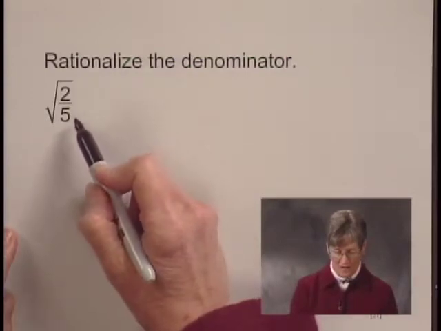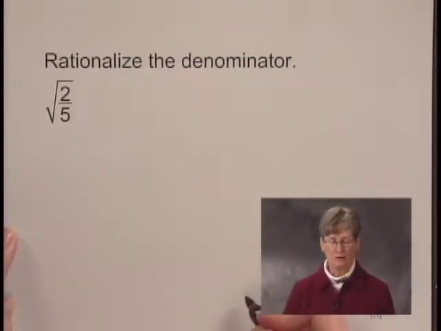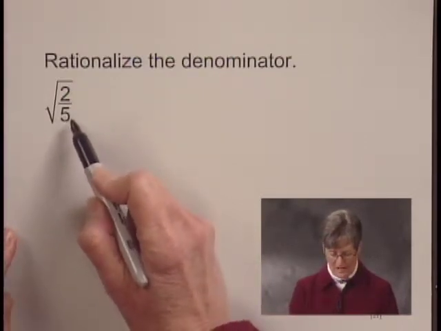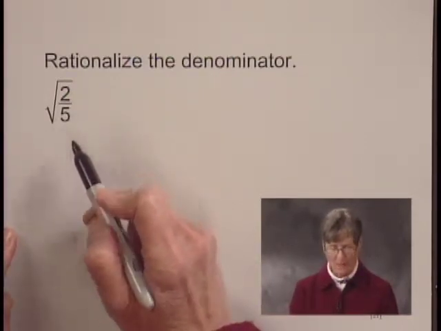In this exercise, we'll rationalize the denominator of a square root. We are going to rationalize the denominator of the square root of 2 over 5. And what I want to do is to multiply this radicand by some form of 1 that makes the denominator